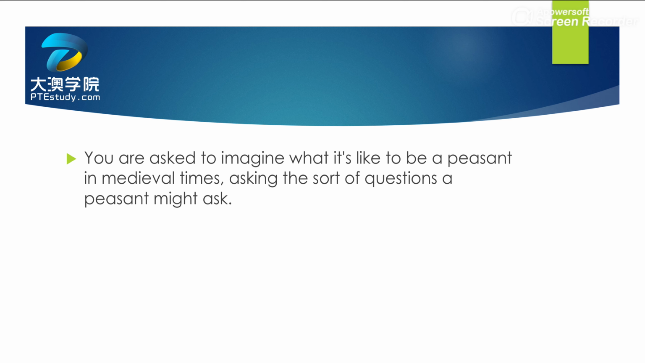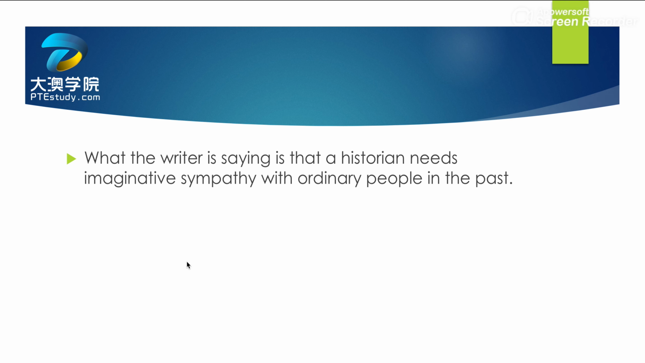like to be a pilot, for example 啊，当飞行员感觉怎么样？就可以用这样的表达方式啊。What is like to be someone? What is like to be a peasant in medieval times? Asking the sort of questions，注意这个地方一定要连读啊。Sort of question，这个 sort of 可以读快一点。Asking the sort of questions a peasant might ask。Alright，读快一点就是 asking the sort of questions a peasant might ask。好吧，我们再来看后面。What the writer is saying is that a historian needs imaginative sympathy